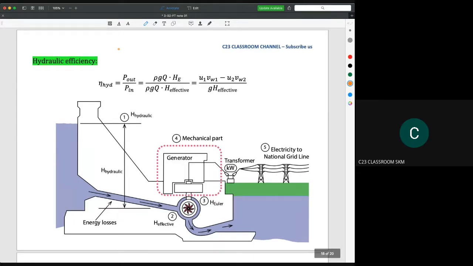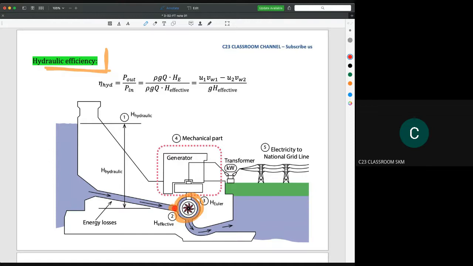Then we have hydraulic efficiency. Because we have power, we can calculate the power in and the power out. When we calculate the ratio of power in to power out, we can calculate the efficiency. Because this efficiency only reflects what happens inside the turbine here, we call it hydraulic efficiency. It only tells us about the input energy here,